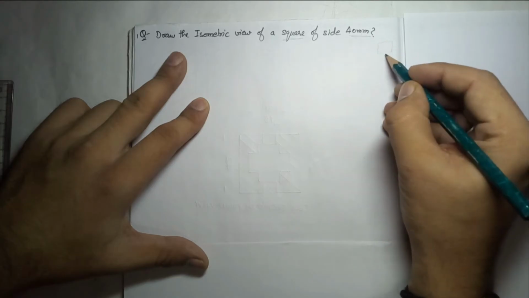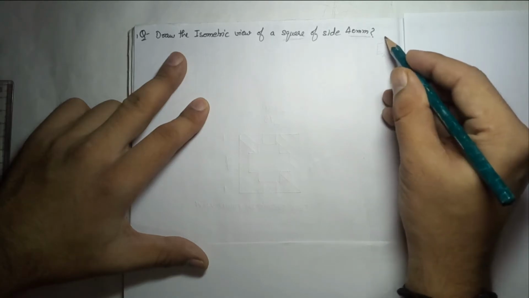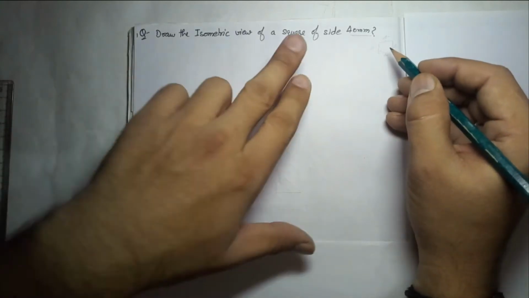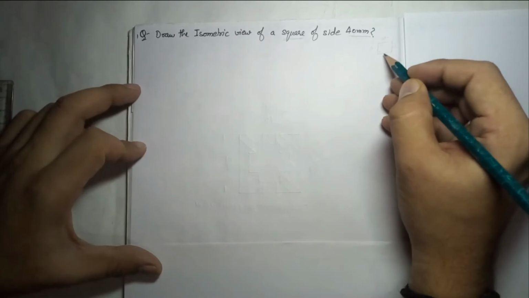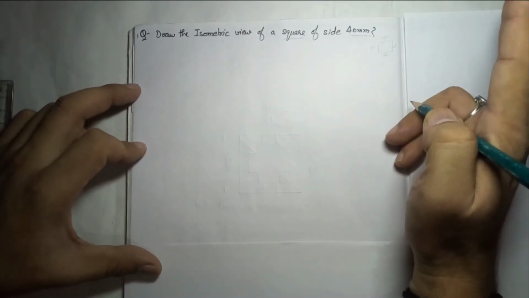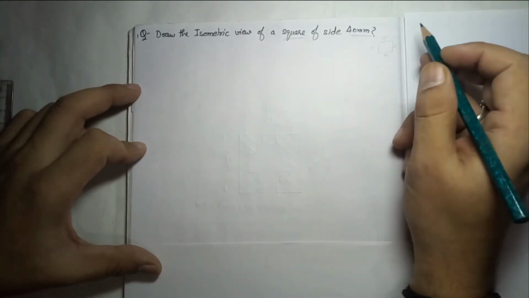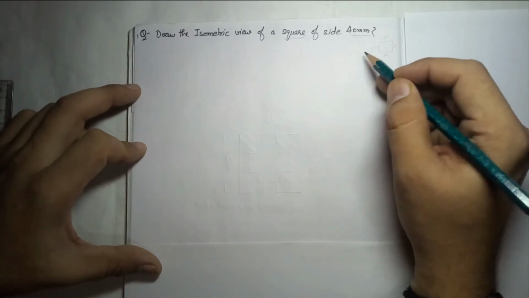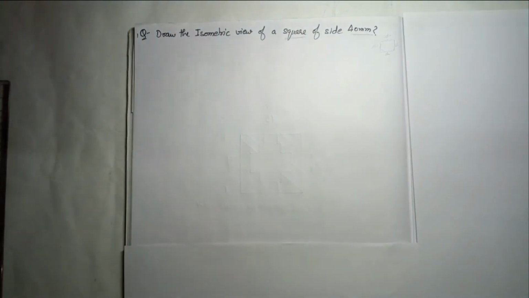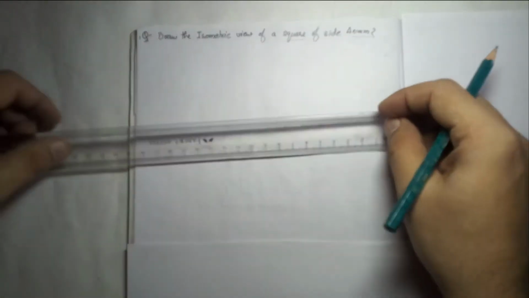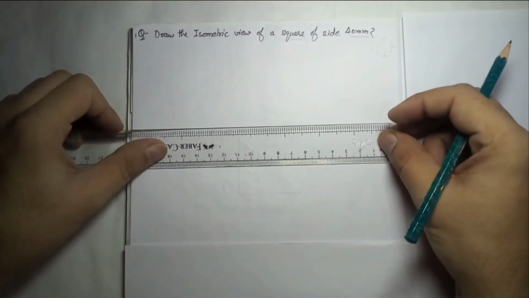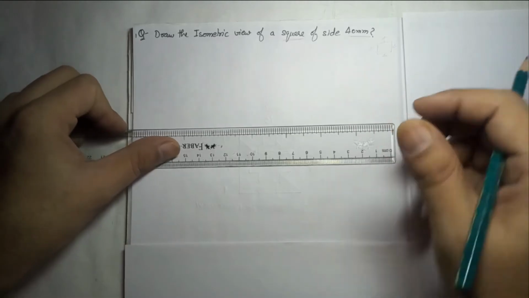So it is having 40, so all four sides are 40, and this is a square lamina, meaning this is a 2D diagram only. So to draw this on an isometric axis we need only two axes. Either we can draw this in the XZ axis, XY axis, or YZ axis. So first of all we will draw an isometric axis. I have told you in the last class how to draw the isometric axis.